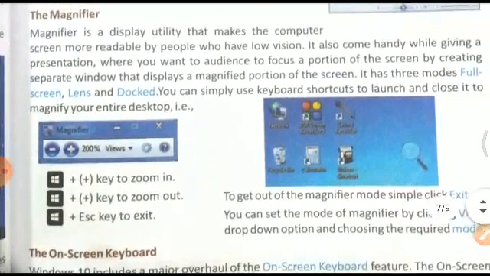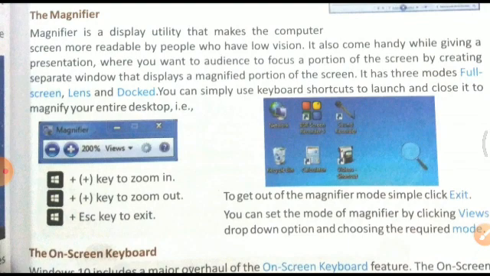Now the magnifier. The magnifier is a display utility that makes the computer screen more readable by people who have low vision. It's just like an original magnifier. It can be used to magnify things, to focus on a portion of the screen by creating a separate window that displays a magnified portion of the screen.